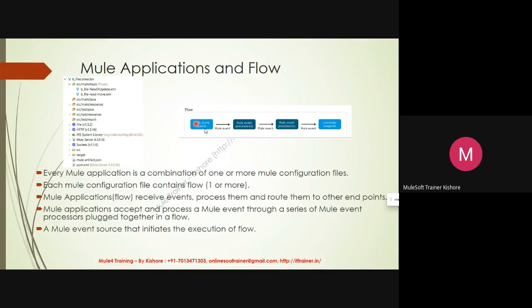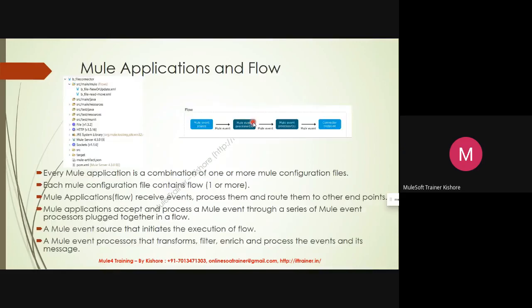If you consider these as the bogies in a train, this is your engine. This is the one which starts the execution of your flow. So what will the other event processors do? They will transform, filter, enrich. So forget about these terminologies if you don't know them. They will process the events and whatever message is inside these events.